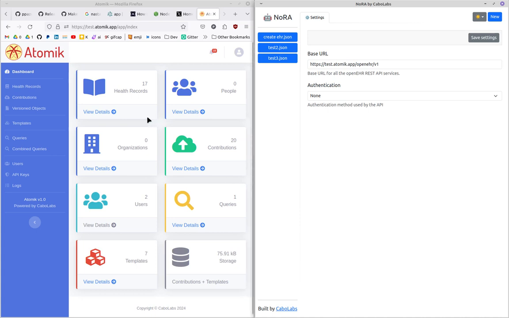Here we have a pretty clean Atomik instance, just installed, and it has some EHRs. We have 17 EHRs and some contributions. What we are going to do first is try to connect NoRA with Atomik. For that, we need to go to the settings in NoRA and create the base URL for the